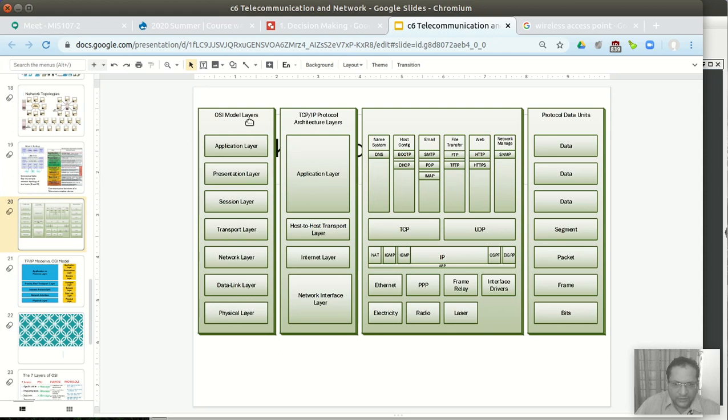Then, when we look into the TCP/IP model, the same model is divided into application layer. This top three is an application layer, right? So this makes it a little bit simpler, but the other gives more detail. Then host to host transport layer, right? So this is called transport layer, host to host transport layer. Over here, this one gives you different protocols. So HTTP, FTP. That is happening in the application layer. So HTTP, FTP, other different protocols, SNMP and HTTPS. These protocols are happening at this layer.